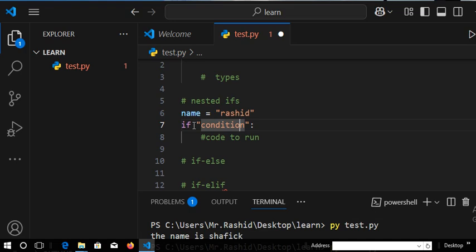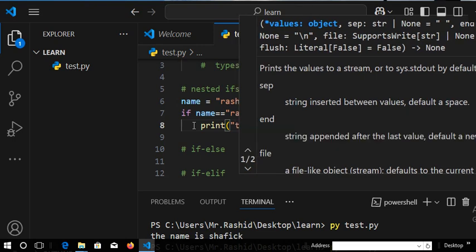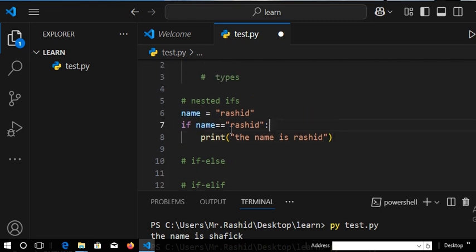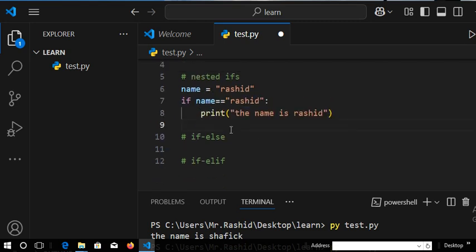So here we can have if, let us put our condition, if name equals what? Rashid. Then what do we want to run? We want to print the name is Rashid, like that. And let us repeat. We can test for different names, copy, paste there. If the name is